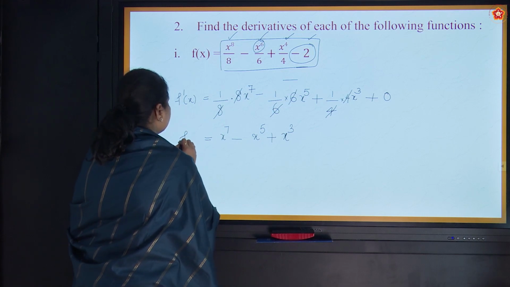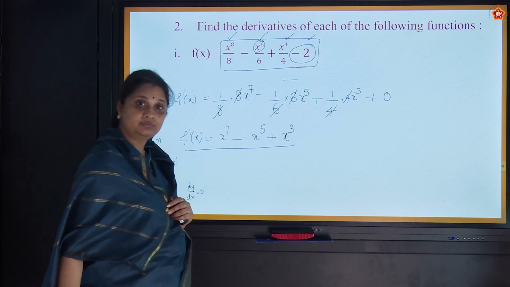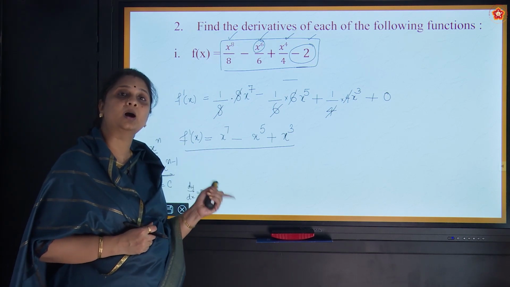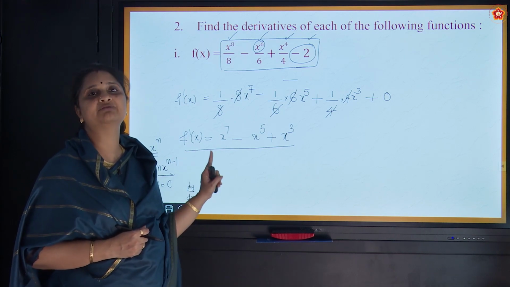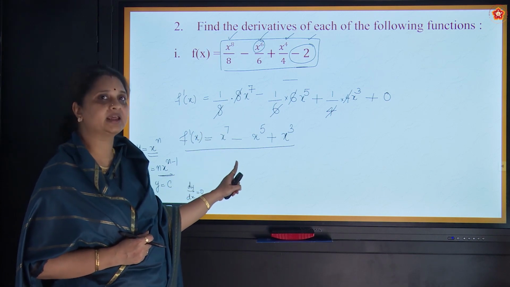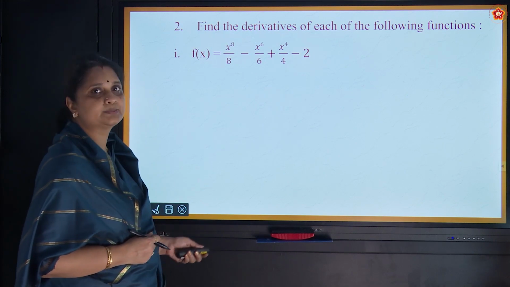So this is my f dash of x. When I observe, I can see that all my algebraic functions on differentiation give rise to another algebraic function. So when I differentiate an algebraic function, I end up in an algebraic function. So I hope you understand this. Let's move on to the